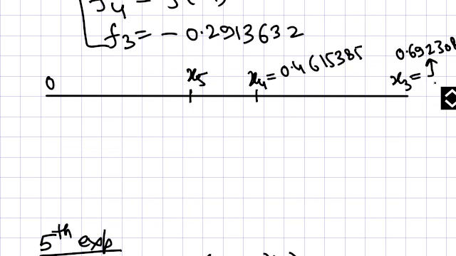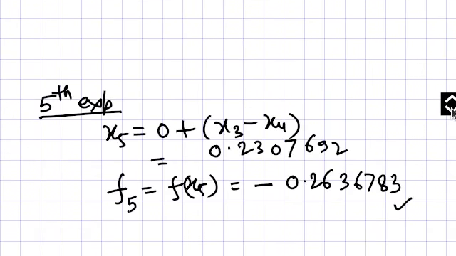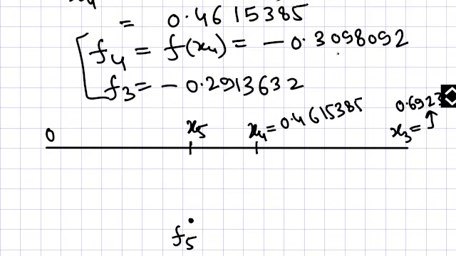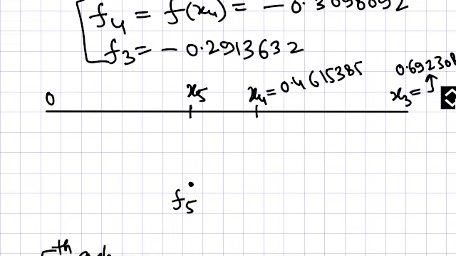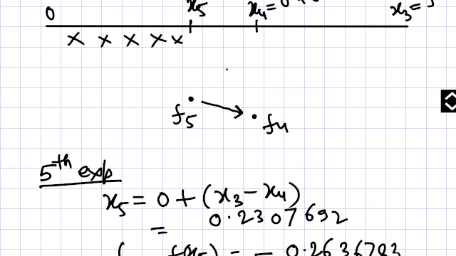Now draw it. So what is the x5 point? It is this, so 0.26 minus 0.26, suppose it is somewhere here, f5. And what is x4? The x4 point is 0.309, so it is coming somewhere here, it is less than this. So you can see that the minimum is going towards like this, so you can say that the minimum cannot lie here, so you remove this section. The minimum will lie in this region.